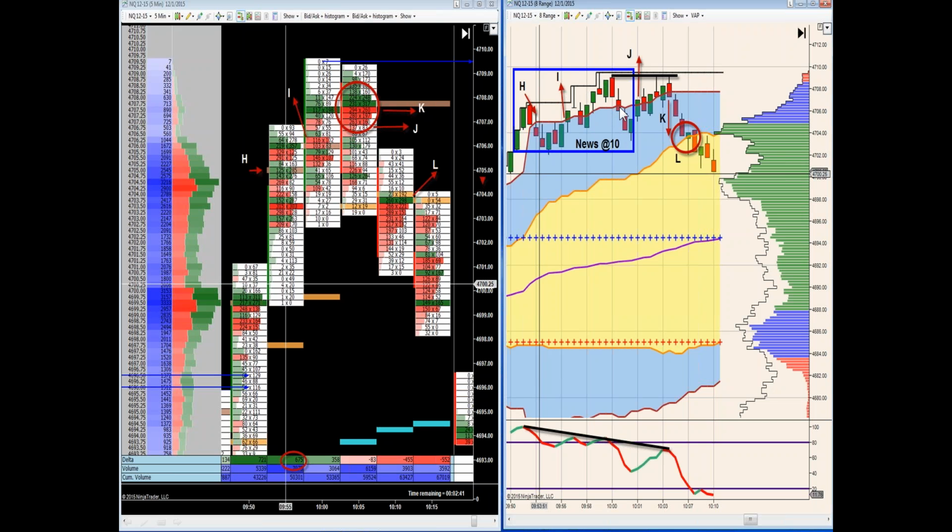So I can watch now for a break of the low value, the high value area here, coming back into this blue section here, and I can short. This is still news. This is right at 10 o'clock, so not interested. But as long as you've got sellers coming in, you can still take that. Right here at J, right here is where that sets up. Now I can take this as a buy,